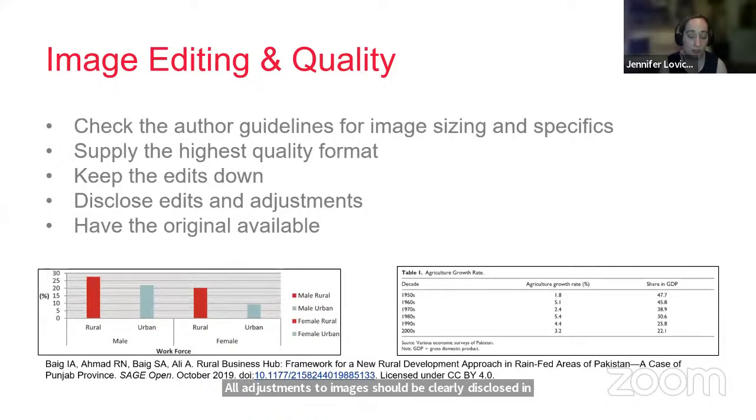Images may be additionally screened to confirm faithfulness to the original data during peer review, so just be aware of that. Also, authors should be able to supply raw image data upon request from editors. Authors should also list tools and software used to collect image data and should document settings and manipulations in the methods section. Ensure that any images you have taken from elsewhere are referenced properly and that you secure the proper permissions to use any images that are under copyright. We will be touching on this in more detail in a future webinar.